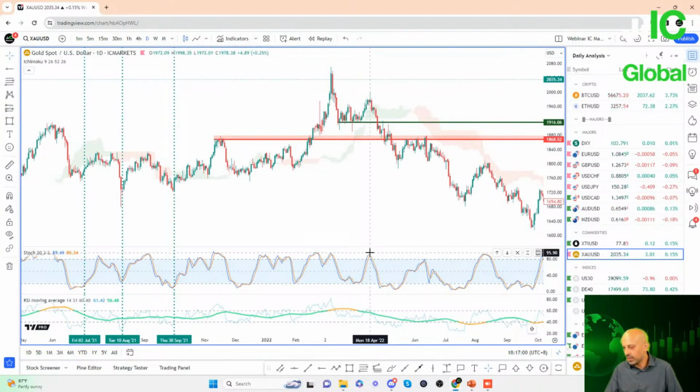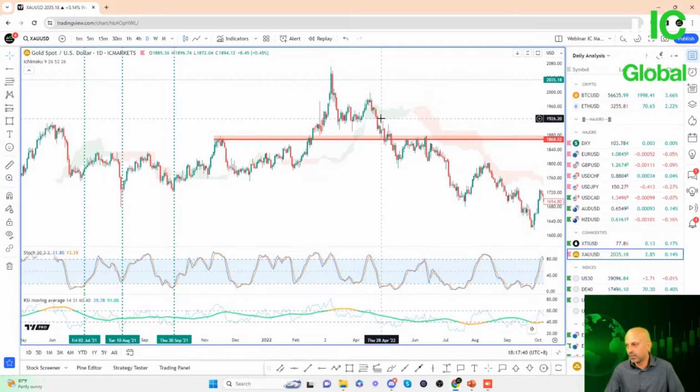And as the stochastic oscillator came as high as 90.50 here, it would have been a good time to exit the trade as well, so probably going as high as 1990, right? So you can see here this time with stochastic oscillator climbing as high as about 91, it did help us to identify a suitable exit for the long trade here. Then, of course, remember I mentioned that when prices cross a bullish Ichimoku cloud, usually the cloud can offer support, but when the cloud does not offer support and prices move through or cross below the bullish Ichimoku cloud, it usually tends to signal a major reversal in trend.